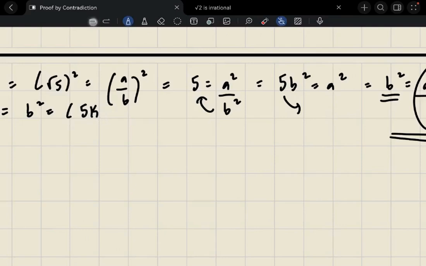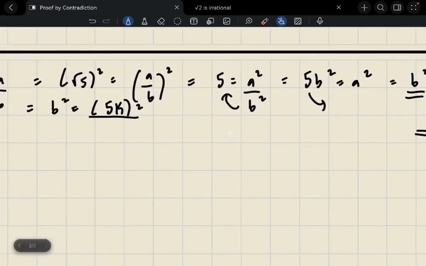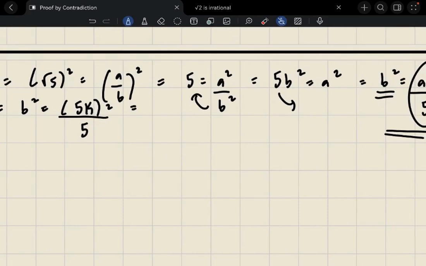Oh, sorry, looks a little wonky. I'm just going to bring it down here, b squared equals 25k squared over 5. The 5 gets cancelled, and I'm left with b squared equals